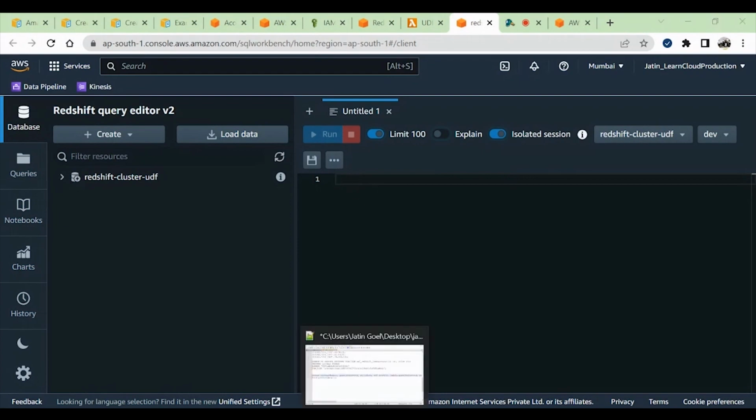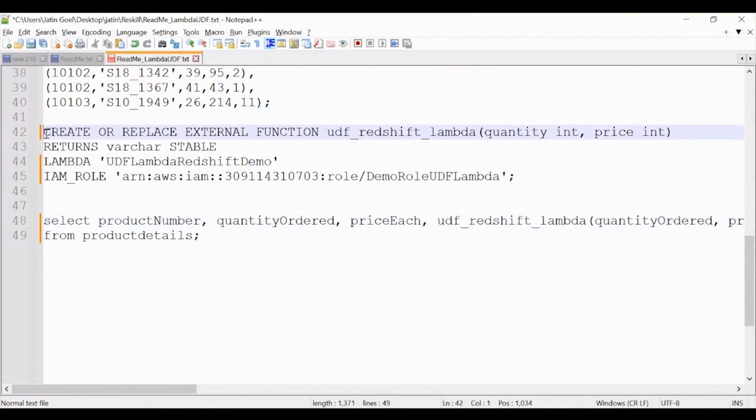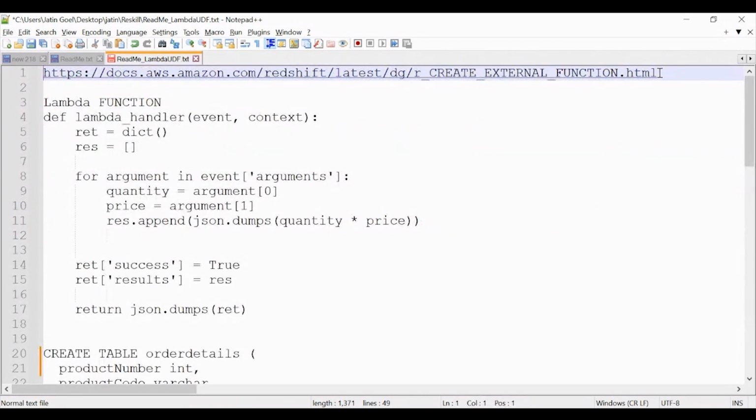So let's do that. This is a syntax I'm going to follow, like create or replace an external function. I have given a name. You can choose any name of your choice. So this is a name I have given here. After this, I have passed this Lambda function name, which I had created. And here I have passed the IAM role ARN. I have used one parameter called varchar table. If you want to go through this parameter, what you can do,